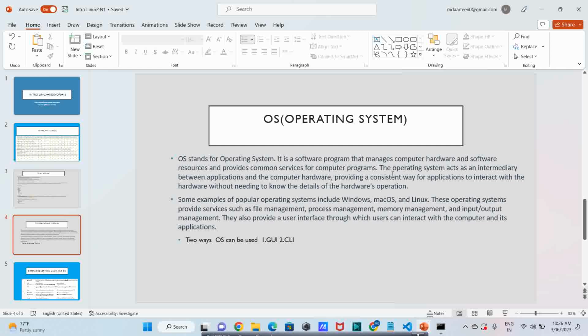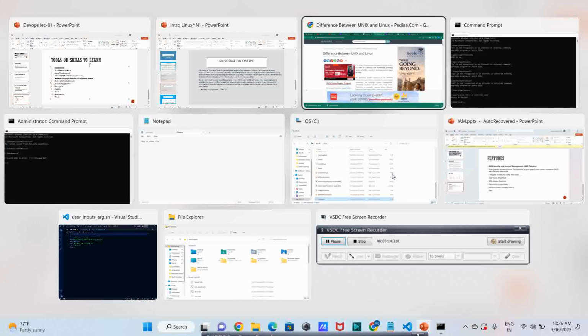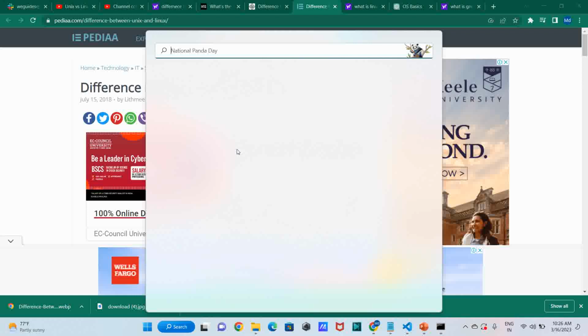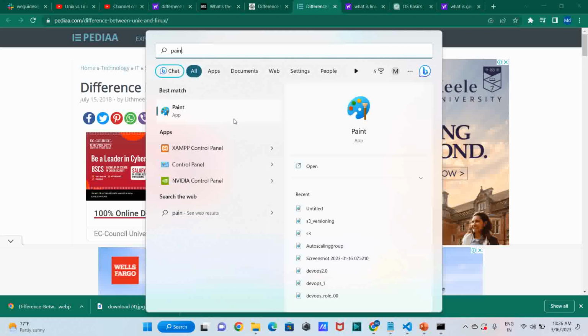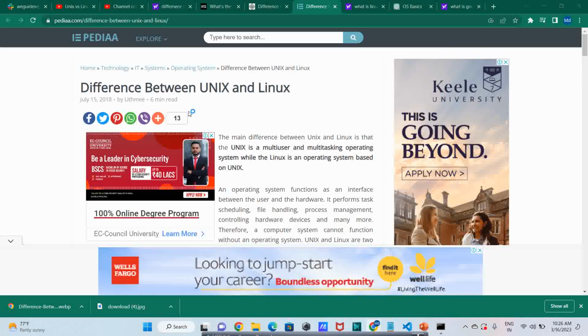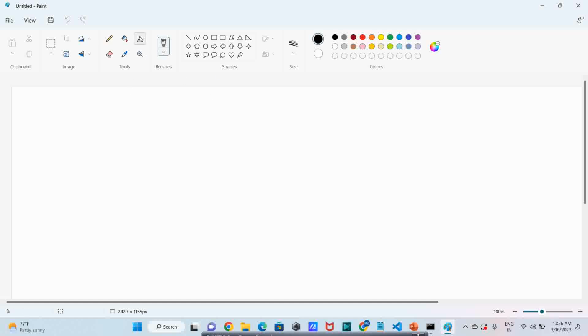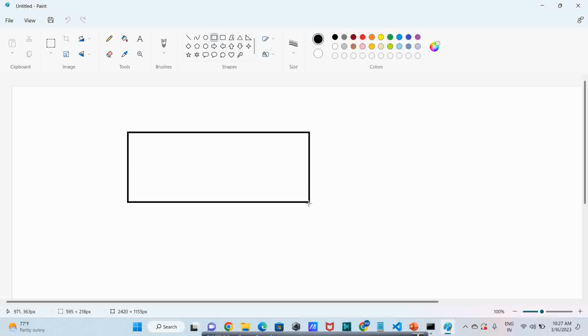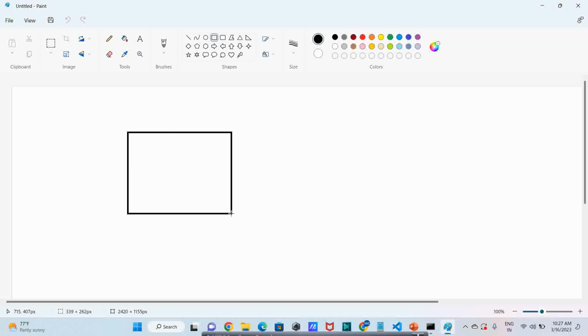Still didn't get it? Suppose I'll tell you, I will open Paint. So this is your system, your hardware, laptop or computer, whatever it is.